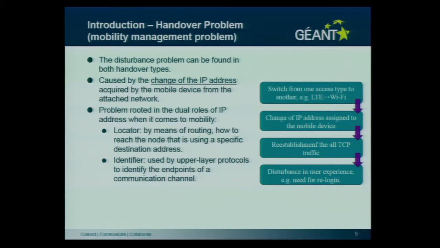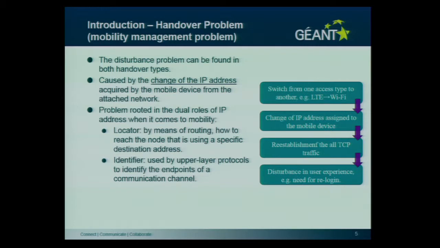This is actually due to a problem rooted in the dual roles of the IP address, because we have the locator role and also the identifier role for the IP address. The locator role means how to reach the node that is using a specific destination address by means of routing. OSPF, RIP and IS-IS are doing this work.